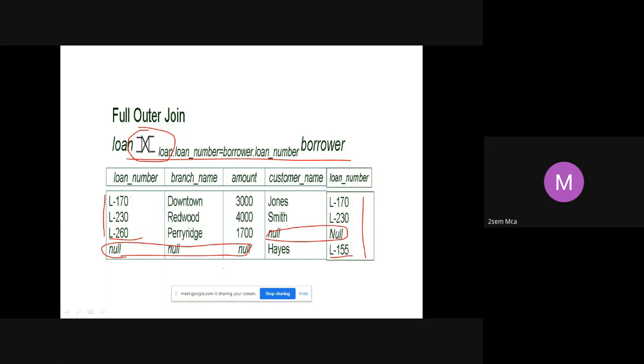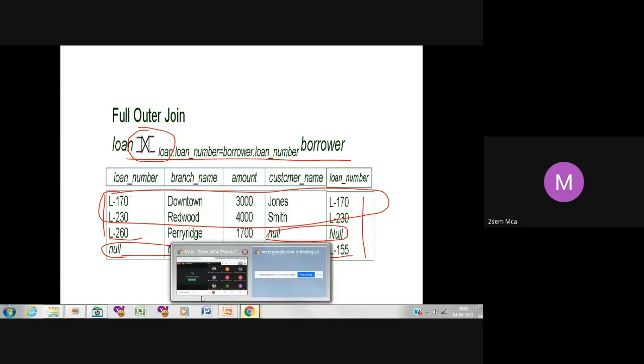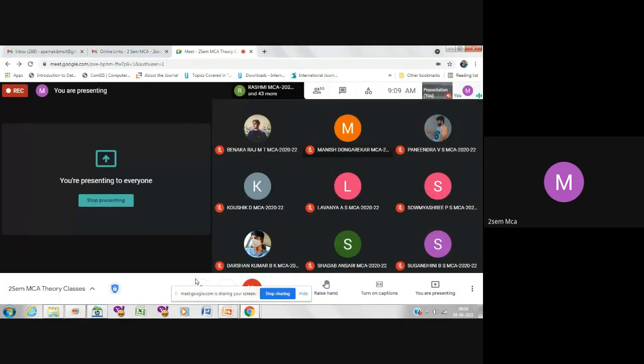Wherever you retain only those records where the conditions are satisfied, you call it inner join, as I told you already. Any questions so far? Any doubts in inner join and outer join? Theta join is a generic term wherein the theta can take any values, any operators. Any doubts so far? No, ma'am. Right.